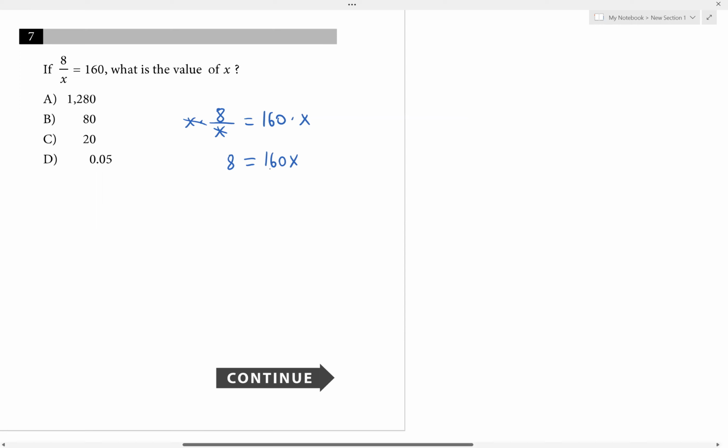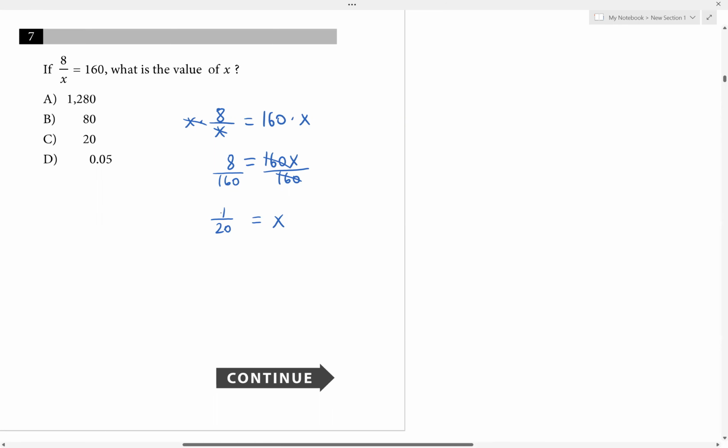And now to solve for x, we can just divide by 160 on both sides. And that will get x by itself on the right. On the left side, we have a over 160. Well, what's 8 divided by 160? Well, that would be 1 over 20, right? Okay, that would be 1 over 20, which is, if you look at the answer choices, we know 1 over